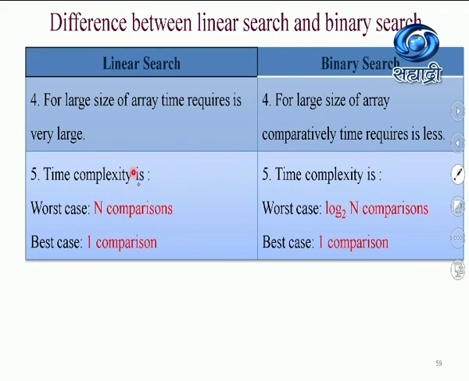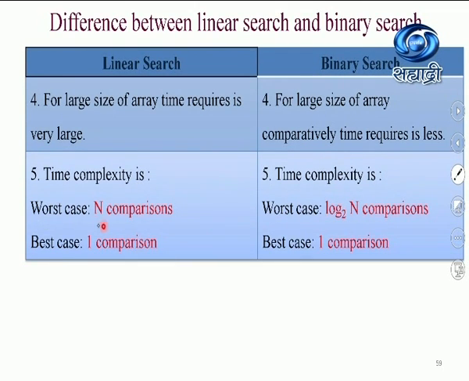Here time complexity means how many iterations it will take to execute that particular algorithm. So after that you will get 2 points, the worst case and the best case. Worst case is that if you get the element at the last iteration, it means that it takes n number of comparisons.